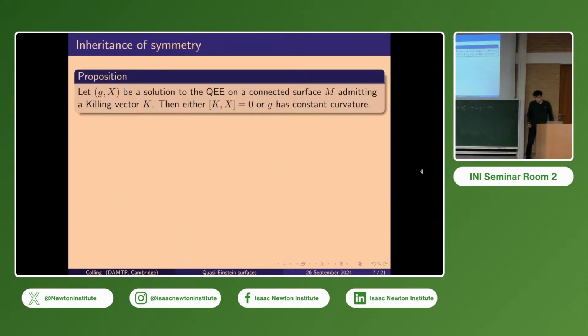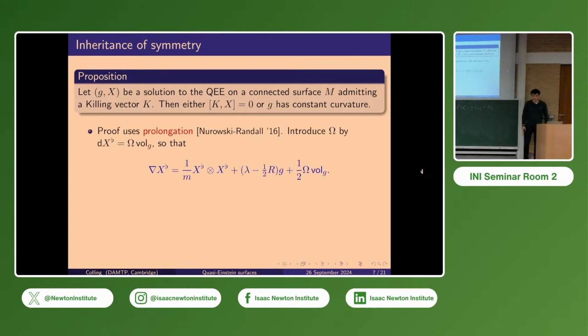First of all, we assumed that there is a Killing vector preserving the metric, but we also want to know that the Killing vector has to preserve the vector field x. There's a local argument for this, and the result is that either the Killing vector preserves x, or the metric has constant curvature. The second case simply means that you chose the wrong Killing vector. If the metric has constant curvature, there are 3 Killing vectors, and there will be another one which does commute with x. And the proof relies on the prolongation procedure, which was already considered in this context by Nurovsky and